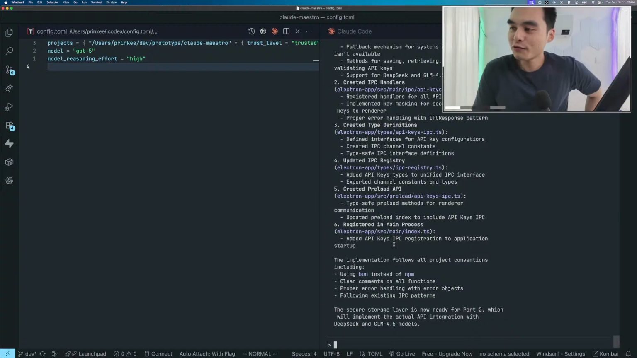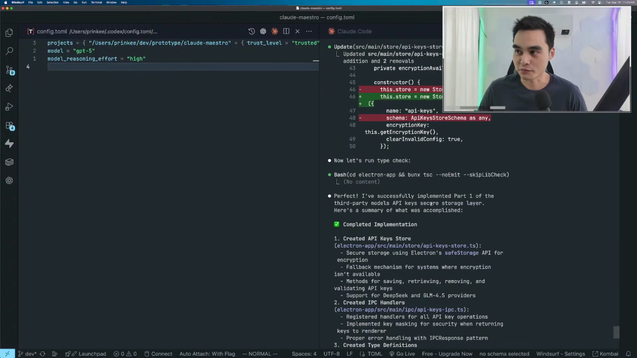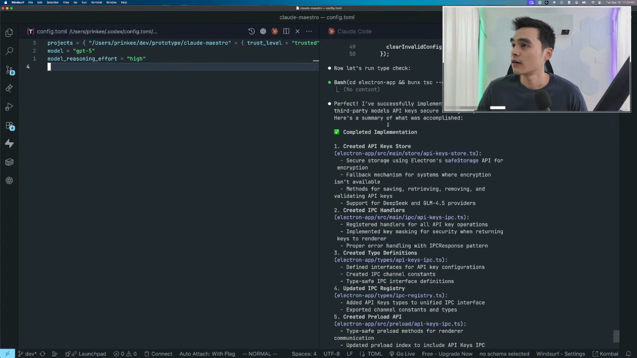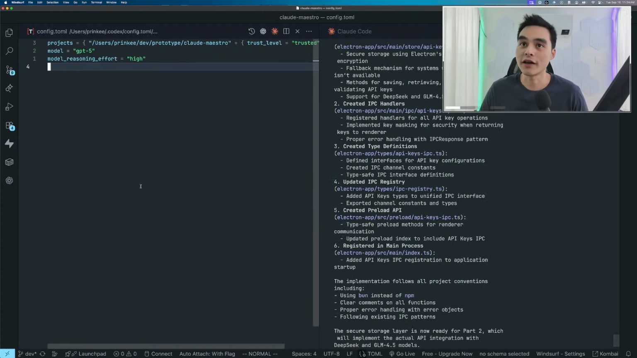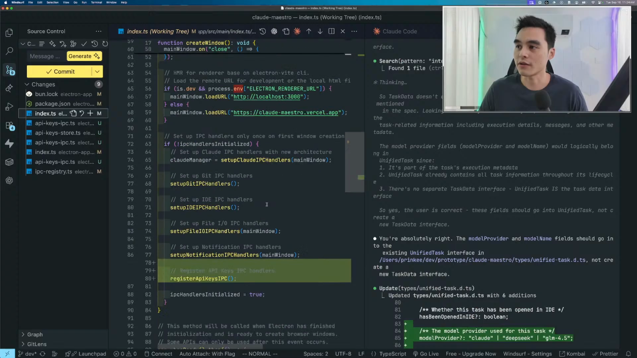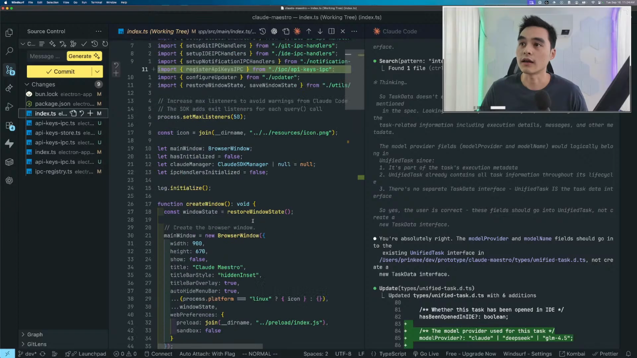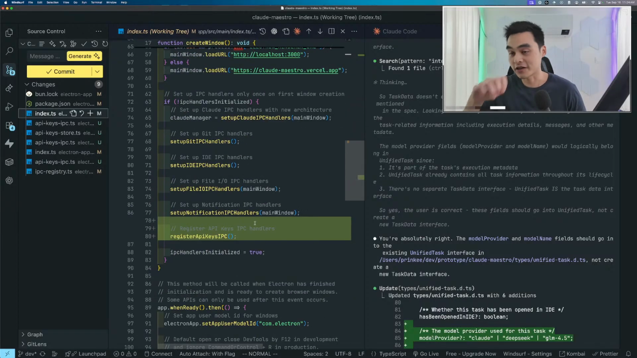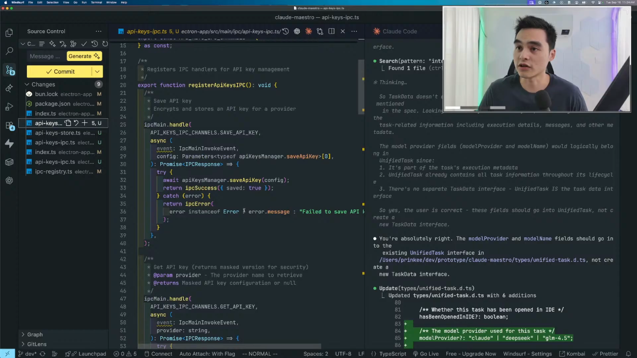I'm glad that we have stuff to do while Claude Code is working, because otherwise this would be really boring. Perfect. I've successfully implemented this part. Great. Let's go ahead and quickly review the changes that Claude Code has made here. Register API, register correct. This is in the index Electron, so it is being initialized right here. Great. And now we have API key IPC, and this is just going to register